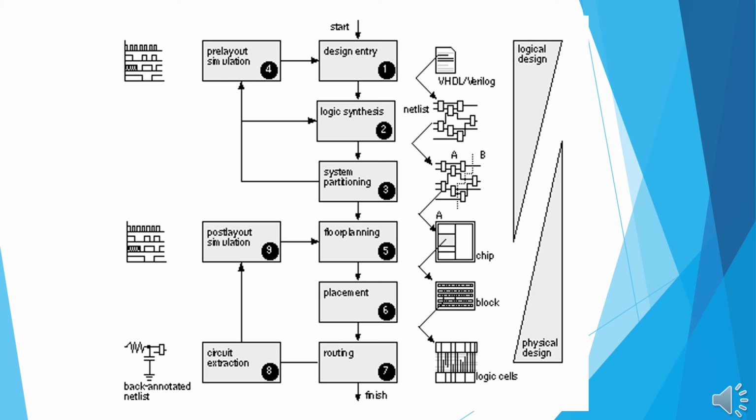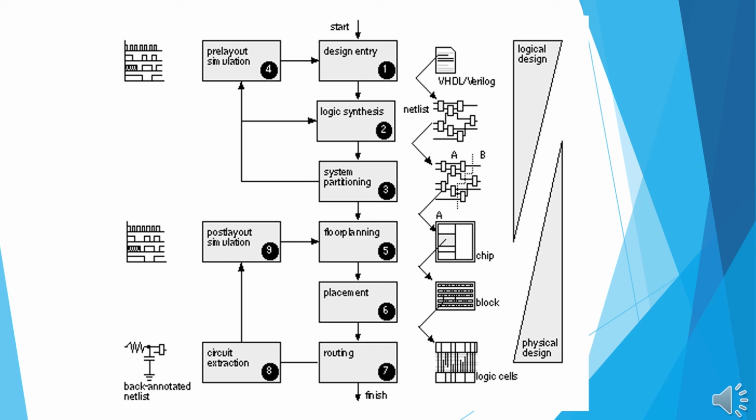System partitioning divides a design into ASIC-sized pieces. ASIC stands for Application Specific Integrated Circuits. Pre-layout simulation is performed to check functionality of written HDL code. If the design functions correctly, then it goes to floor planning, else schematic entry or HDL code will be changed. Floor planning arranges blocks on chip in a systematic way. Here, in floor planning, different clock distribution and power distribution techniques can be applied.